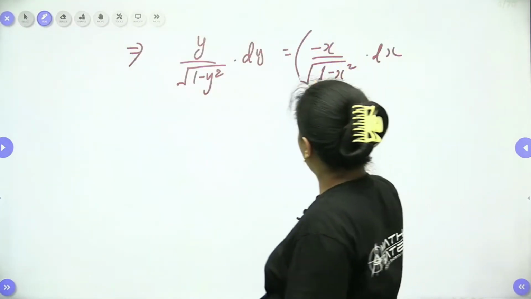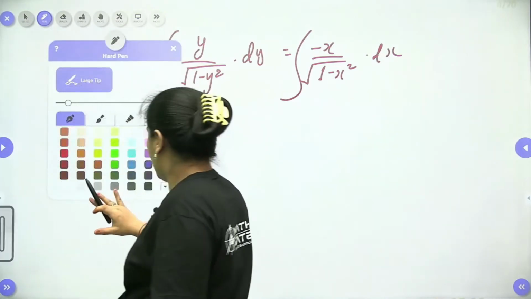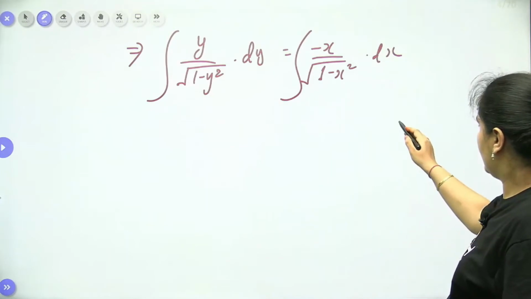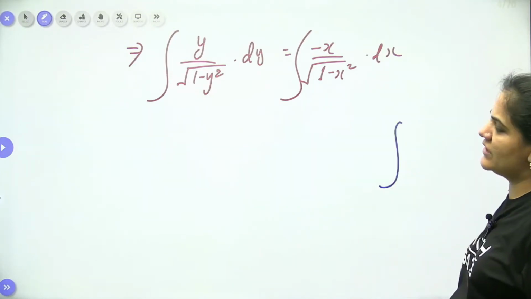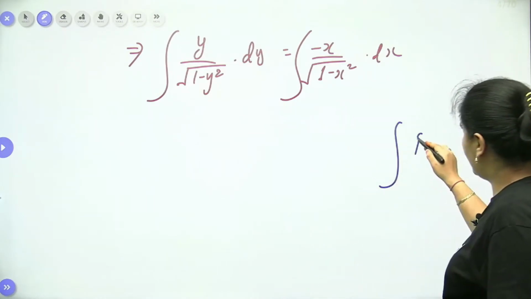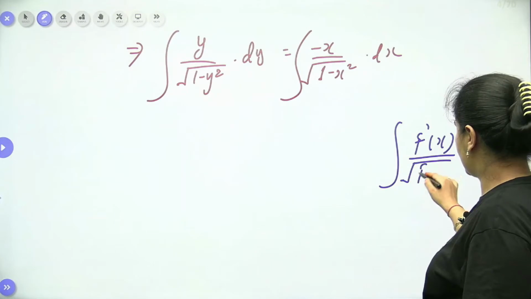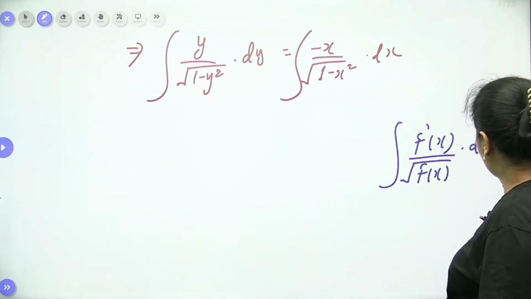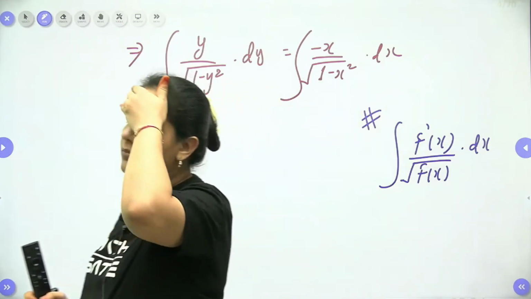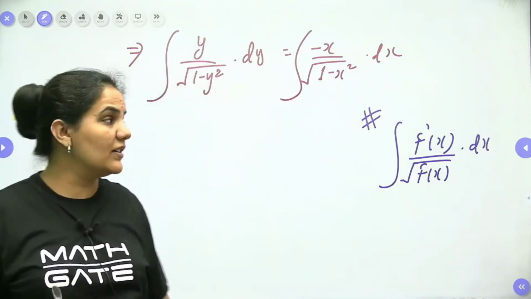Now we have to integrate both the sides. Yes, as we know very well, we have to integrate both the sides. Now what is the rule of integration? Just remember it. Let me show you the rule of integration, as we already learned. We always have the integration of f dash x upon root of fx. We learned this form, dear students. I think you should know about this one. This was the second form among those 6 formulas which I already told you in the integral calculus.